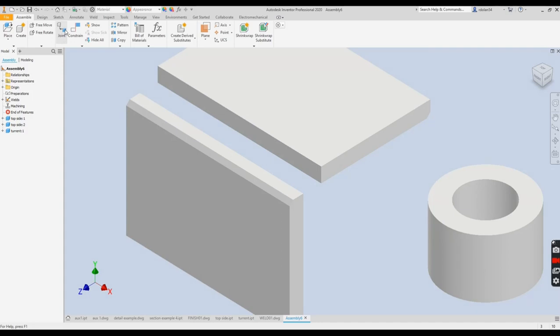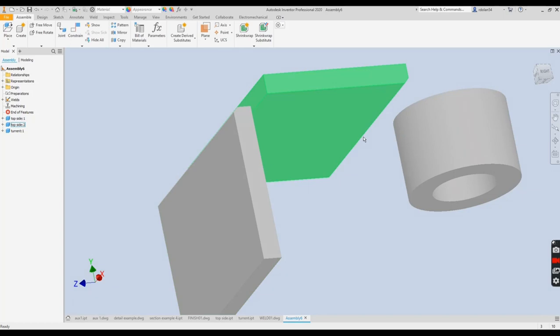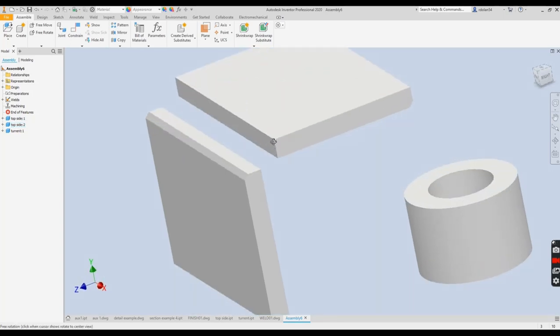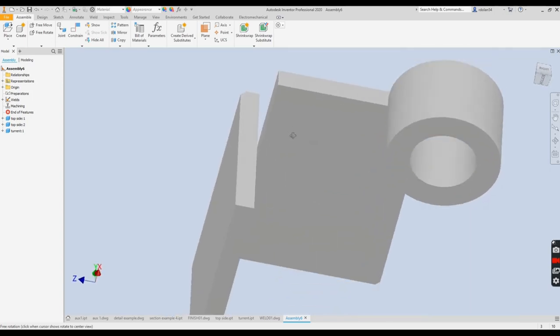And to do that, I'm going to use the join command. We're going to look at the join command much later. We're just going to do it real quick right now. So what I want to do is join these together, and I want to take the midpoint on this face and align it with the midpoint on this face. Again, I'm going to rotate around so I can see this guy on this side,